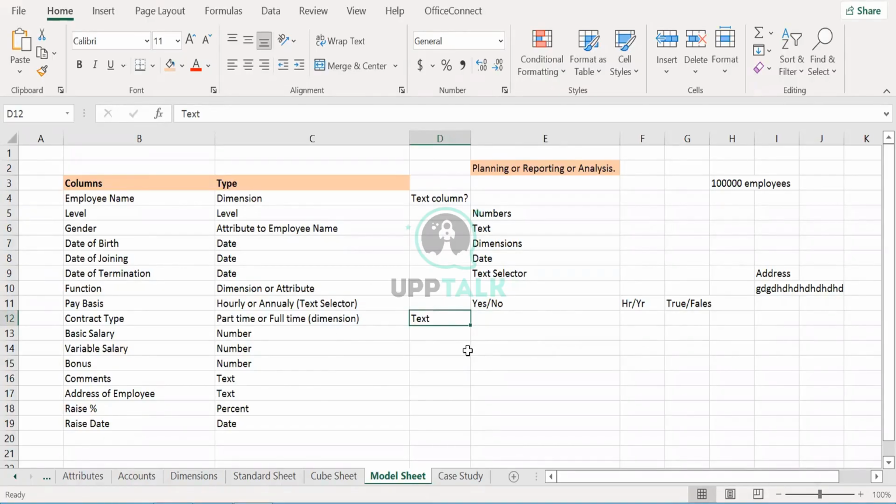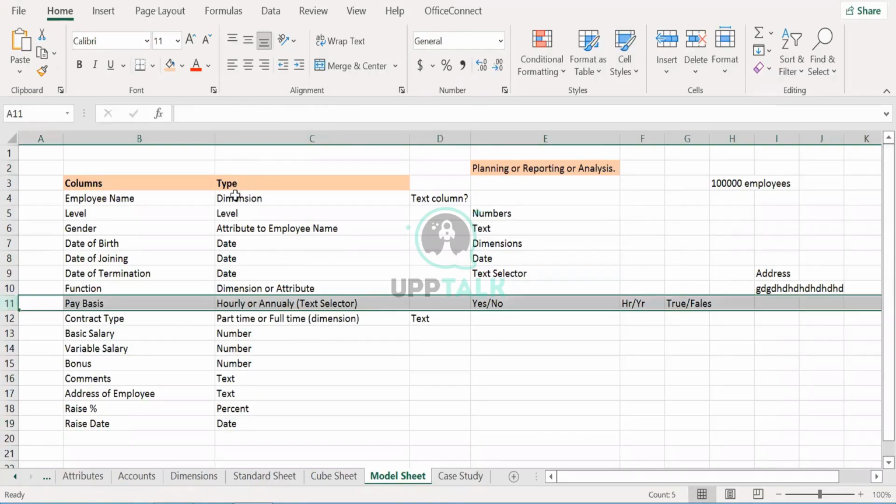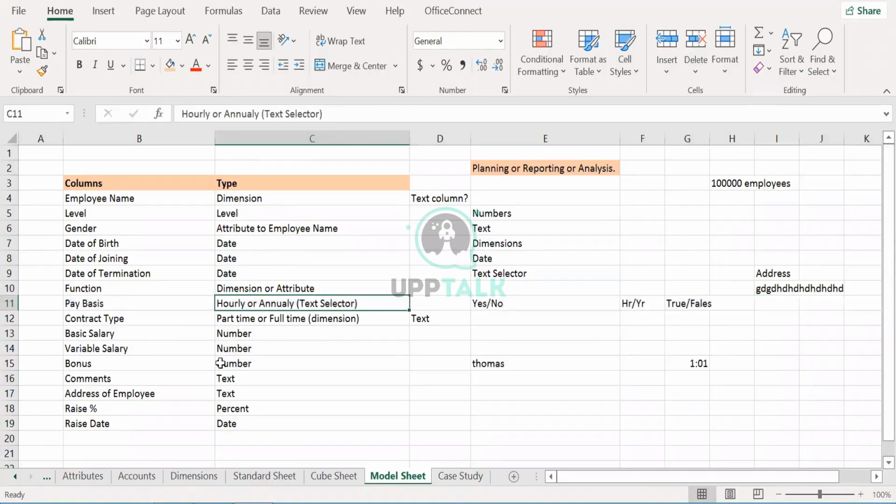The answer is you have to delete that as a column and create it again as a dimension or as an attribute for analysis. You cannot do this kind of thing if it is a text, and if it is a text selector also, by the way, you cannot do it. You cannot do planning on a text selector. The only thing is, you get it in the formula, you get it in the sheet. I will just show you how the text selector looks like, but it is different to what I mentioned.